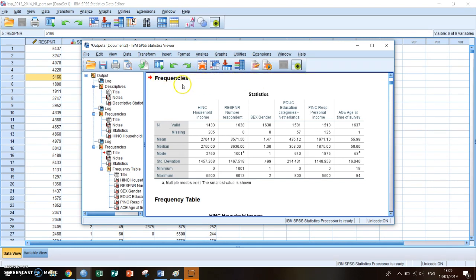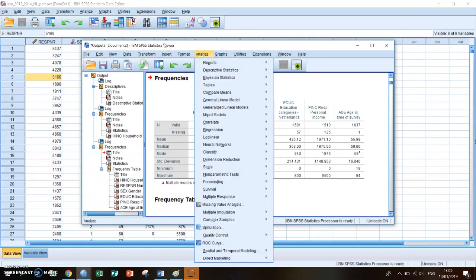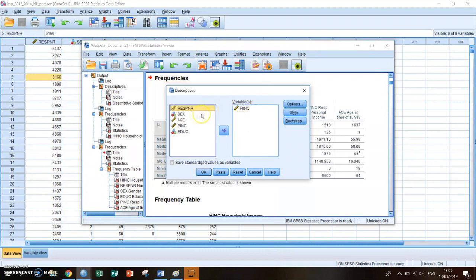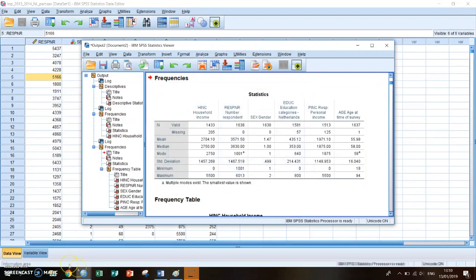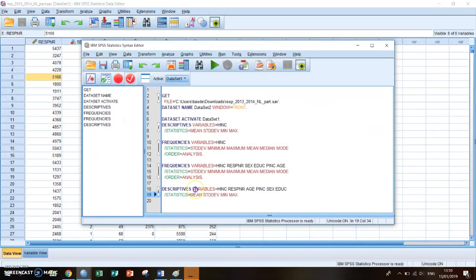You can also see the amount of respondents who filled in the total amount of questions, who filled in everything. So the respondents who completed the entire survey. So this time you don't go to frequencies, but you go to descriptives. So analyze, descriptive statistics, descriptives. And if you then select all of the variables again and press paste, then you go to your syntax again, select the code,